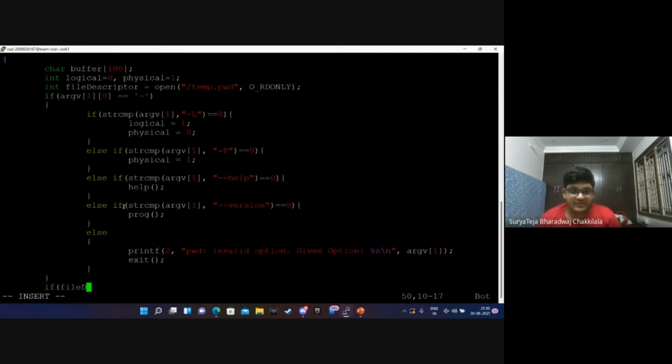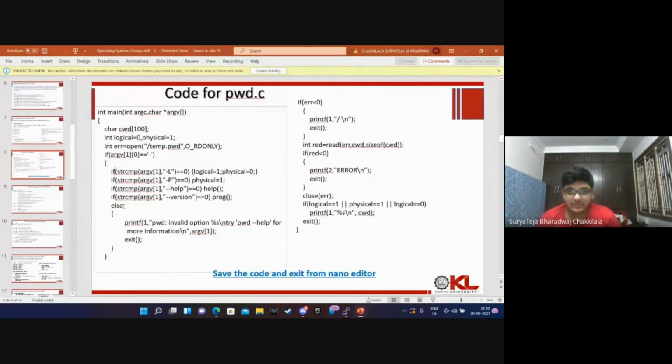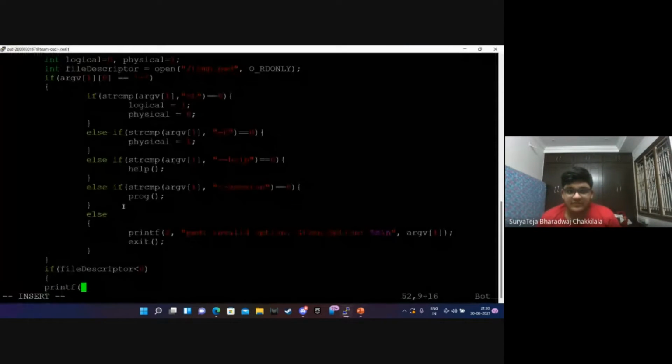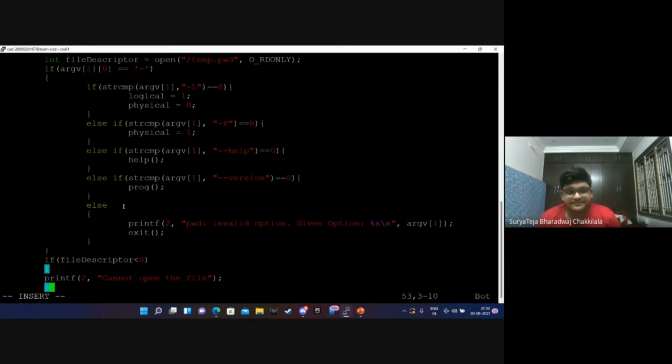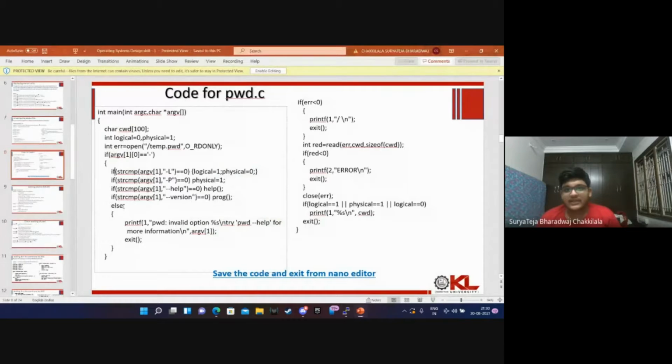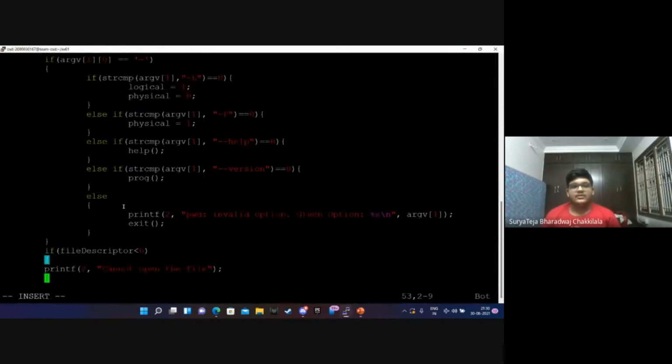file descriptor less than 0, printf 2 comma cannot open the file. That is done, and if an error comes here we will be exiting our process.